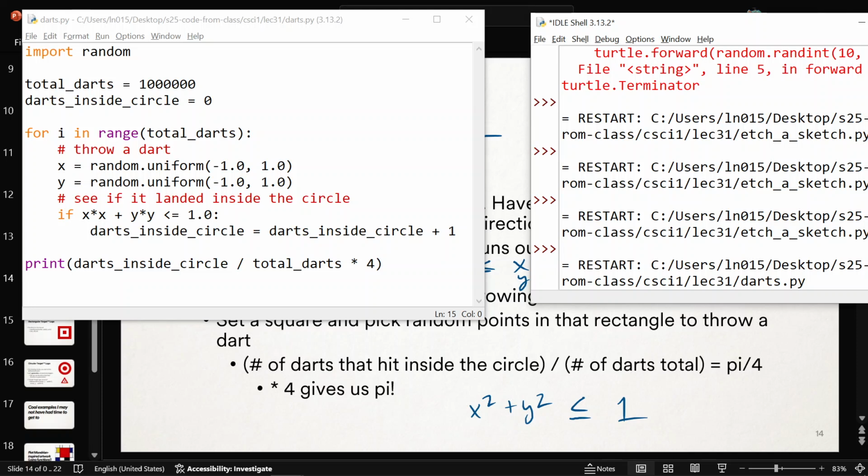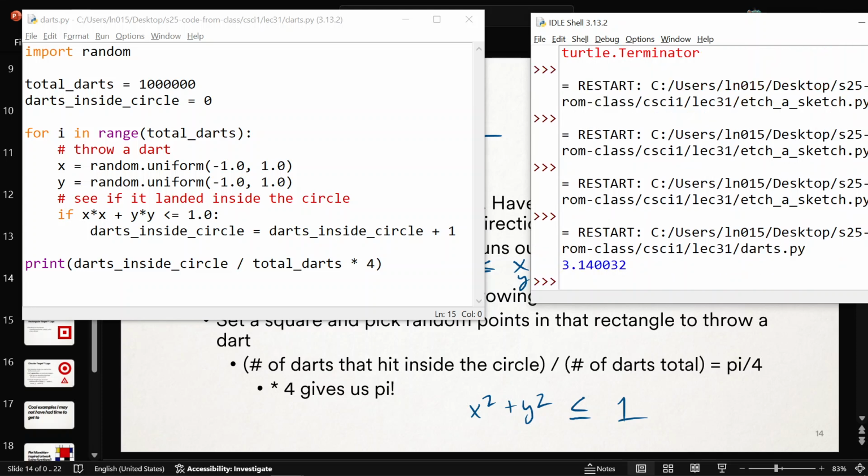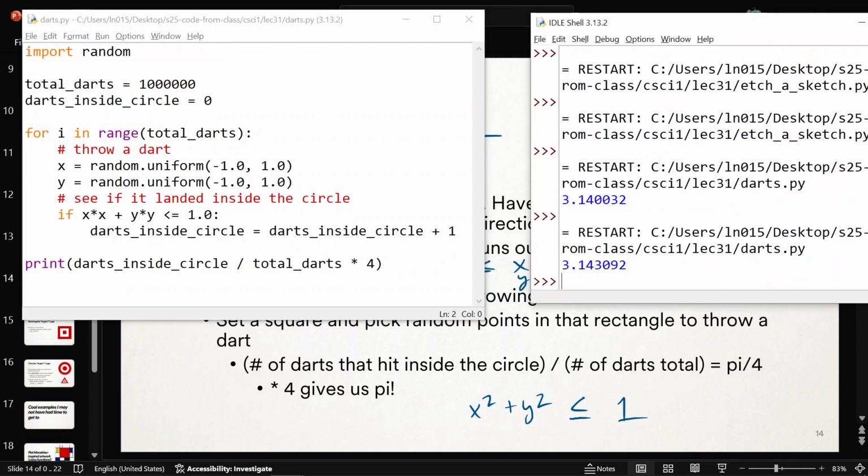So it's running, it's trying real hard. And look, we get it to a decent number of decimal places. We get it to at least 2 decimal places. There's my approximation of pi. It's not exactly pi, because it's dependent on randomness and all that. But if I rerun and I get a new approximation for pi, it's always pretty close to at least 2